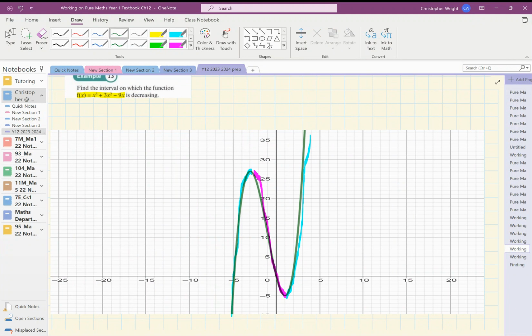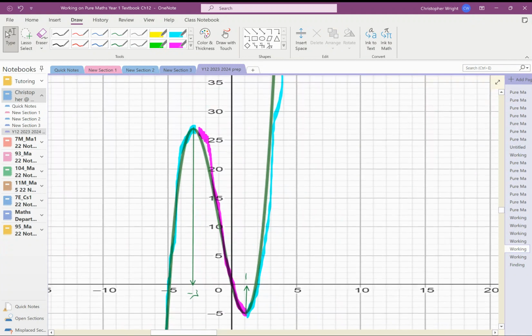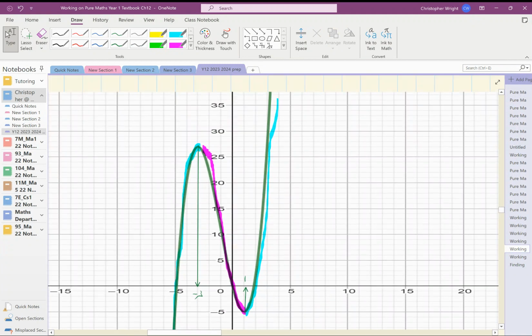So our answer is going to be from here. That's when the function starts decreasing, when x is minus 3, right? And the function continues to decrease all the time until this point here, when x equals 1. So we know from looking at this graph that the function is decreasing when x lies between minus 3 and